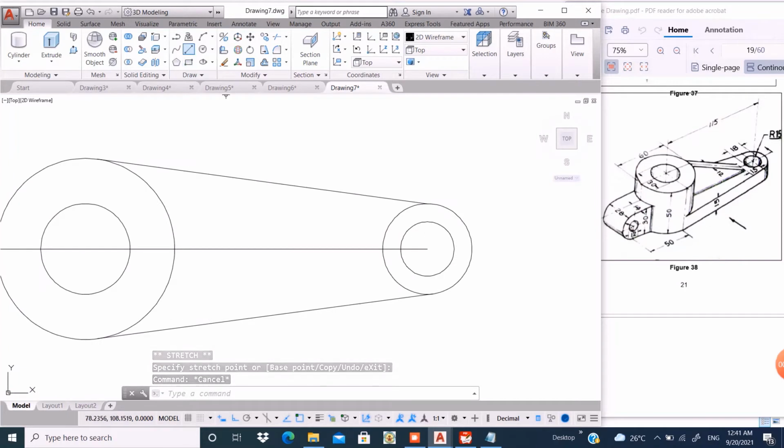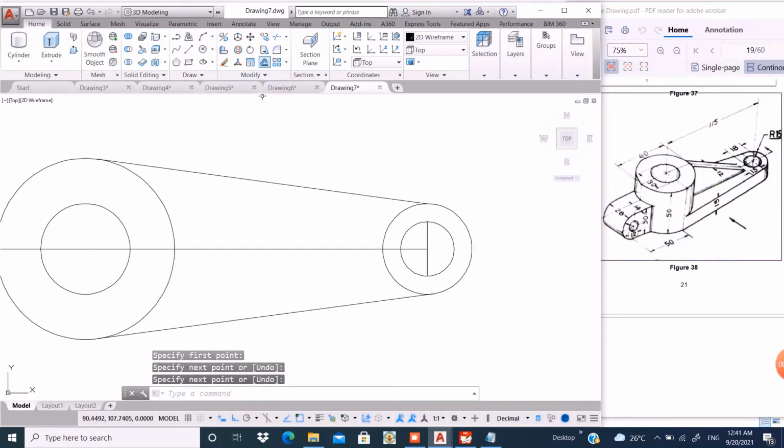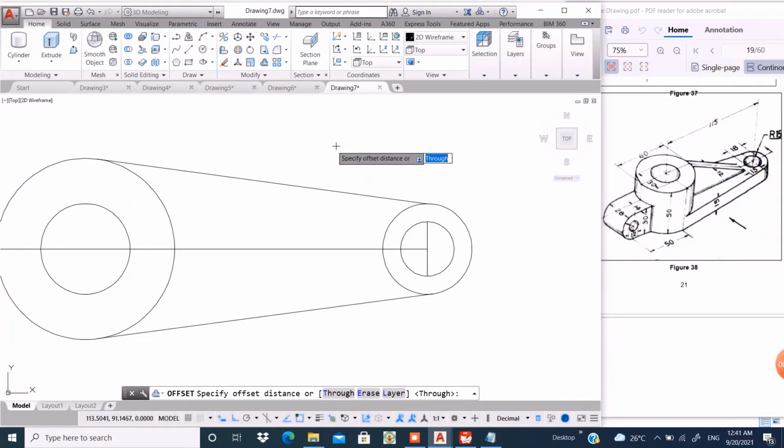Okay. Now take line command and join here and take an offset command, give offset distance of 15 unit from this circle.